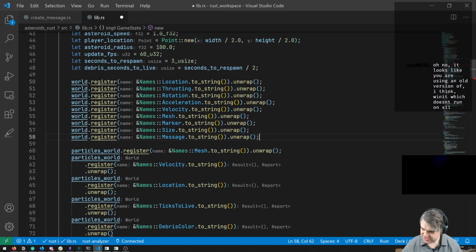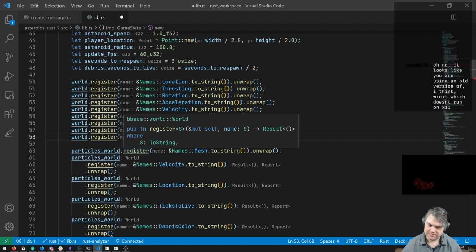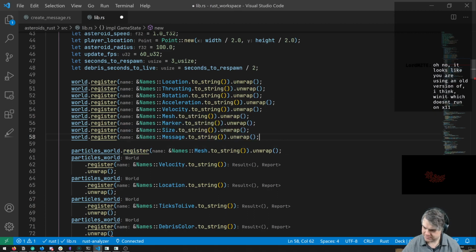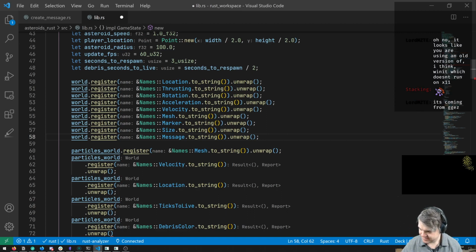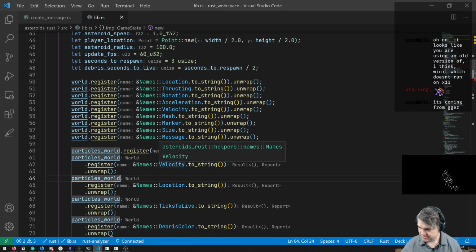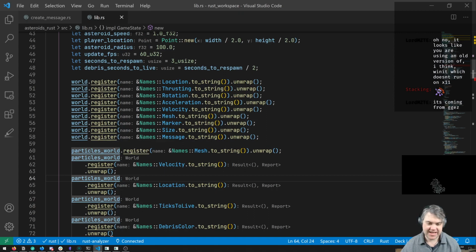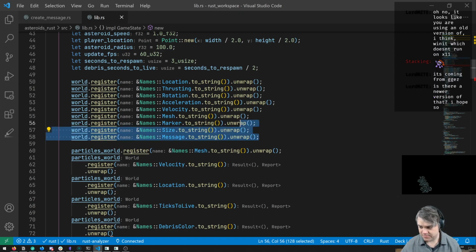I'm using the old version of Winit, which doesn't run on X11. Where did you see Winit? Oh, it's the GGZ.